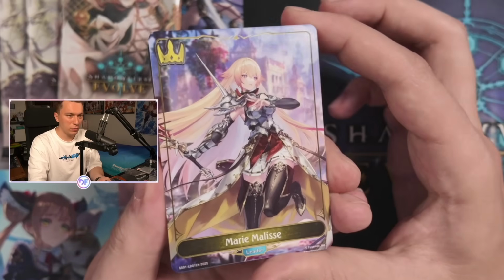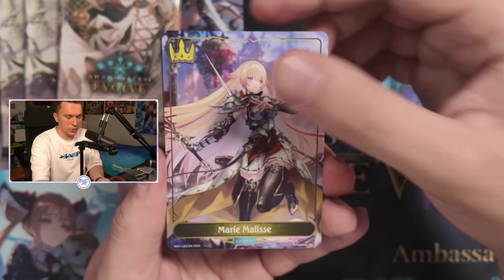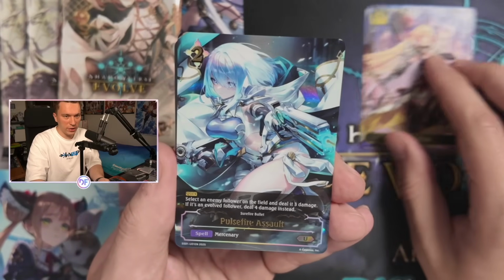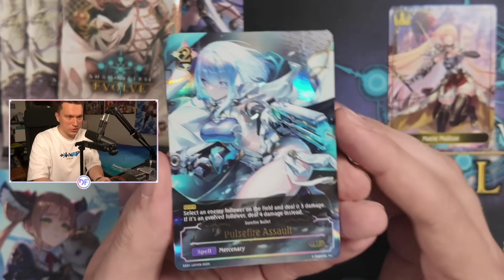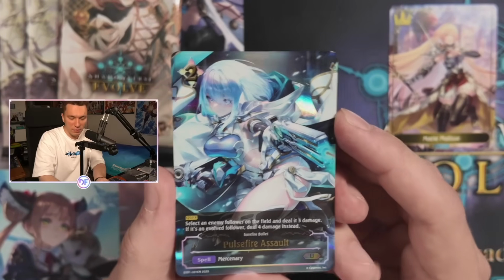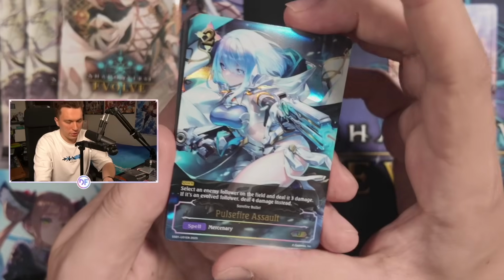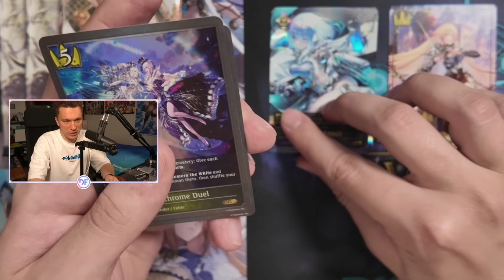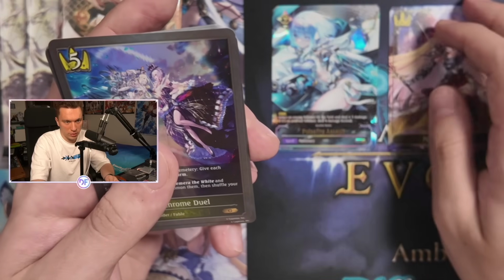So Mary Melise leader, really like her art, so might even use this as my leader for now. And we get the same Pulse Fire Assault. This is very nice. Like this Pulse Fire Assault art is just so cool with the Dryson on it. It being a UR definitely makes this worth the value, I think. Especially like them waiting until the end to announce it, I think is kind of cool. It makes it pretty exciting as well, because I'm pretty sure this art will probably be used in like merch